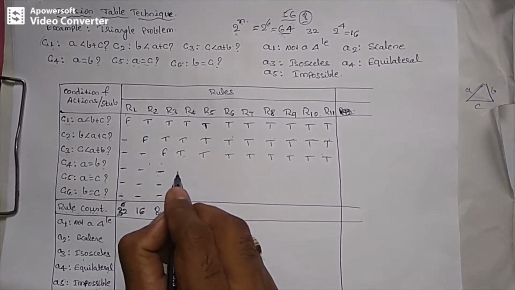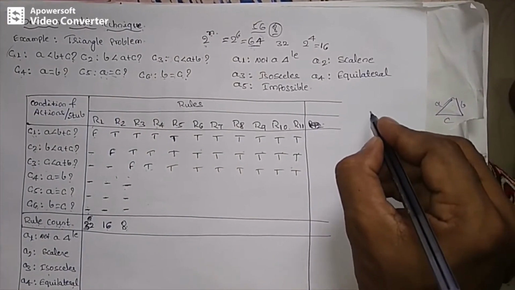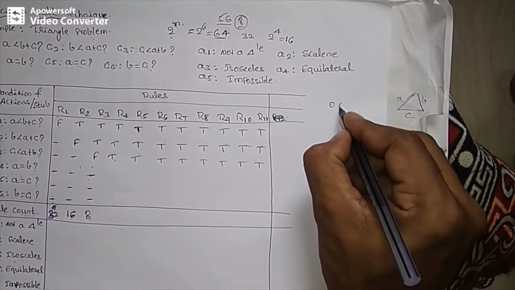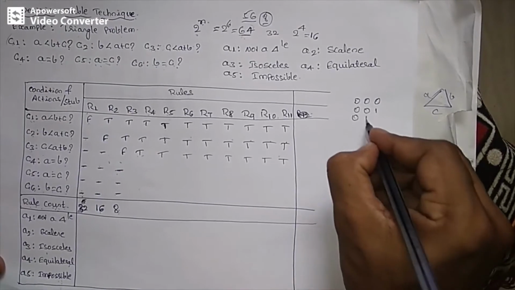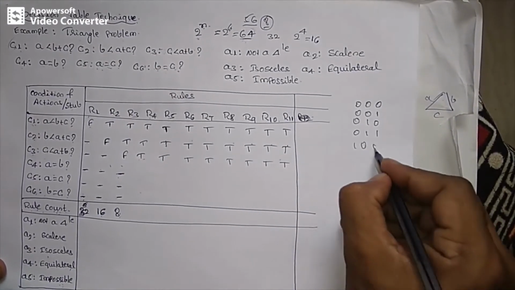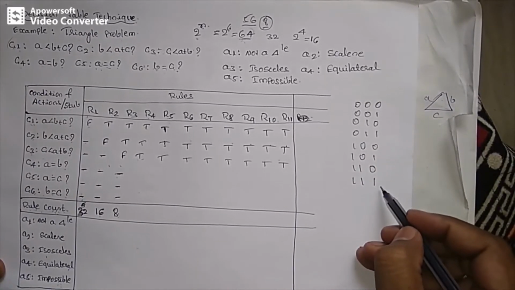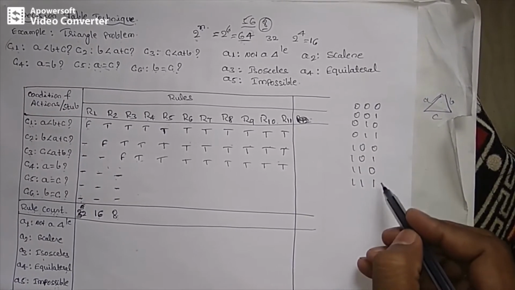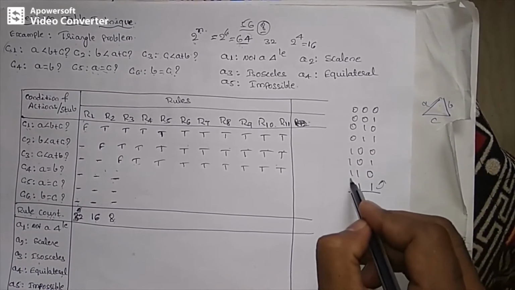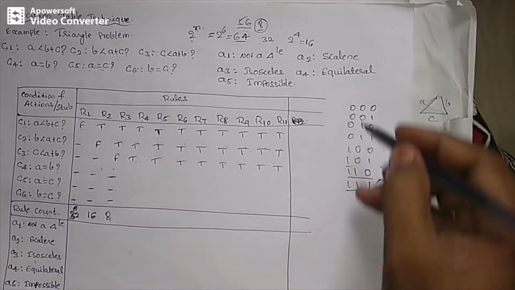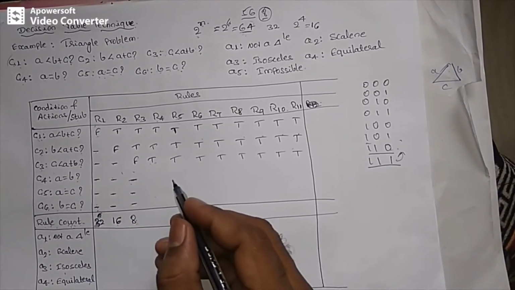So now how to write? I think all of us know the combination of digital inputs. If 3 inputs are there, then the combination of inputs will be 0, 0, 0; 0, 0, 1; 0, 1, 0; 0, 1, 1; 1, 0, 0; 1, 0, 1; 1, 1, 0; 1, 1, 1. So how are we doing the entry? In this fashion, we need to do the entry in the reverse order. Reverse order means first all true, next 2 true, and in that order we have to enter here. Instead of 0, 1, we are using true and false.